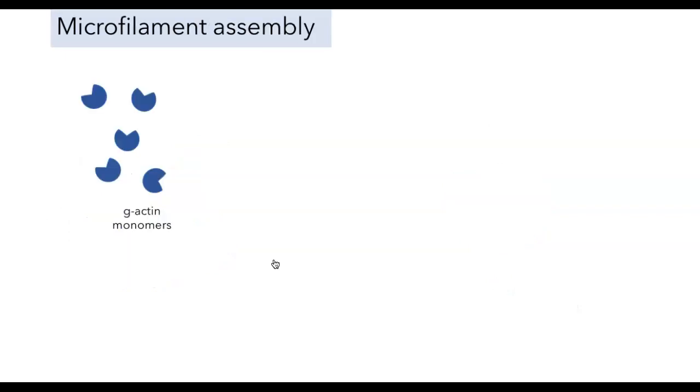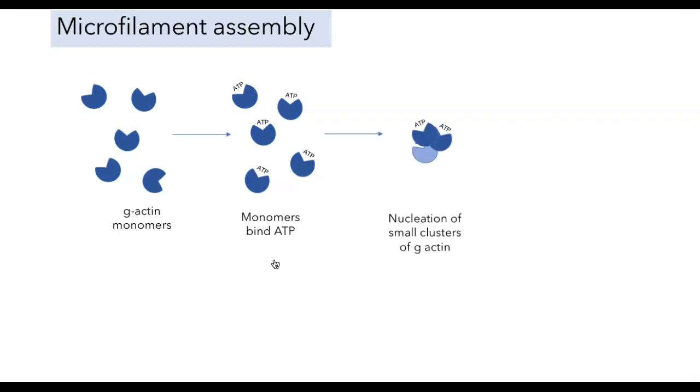Let's look at microfilament assembly. We begin with G-actin monomers, and on their own, they don't have a high affinity for one another. But if they bind ATP, then what happens is you'll get a small cluster, first 2 and then 3 actin monomers will come together. We get what's called nucleation. And from that nucleation site, the actin will grow out. I've added the plus and the minus ends again, just to show you how this happens. So here's our nucleation cluster again, and what will happen is individual monomers will hop on,